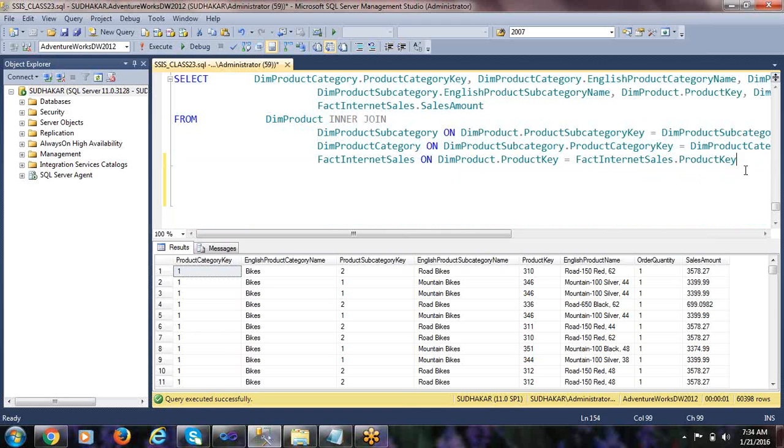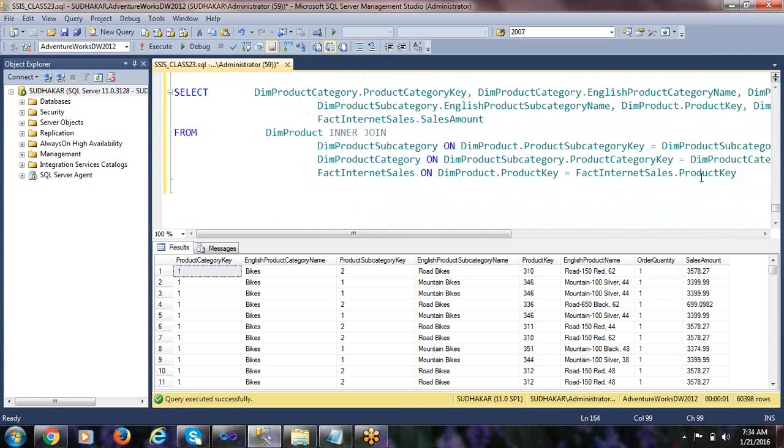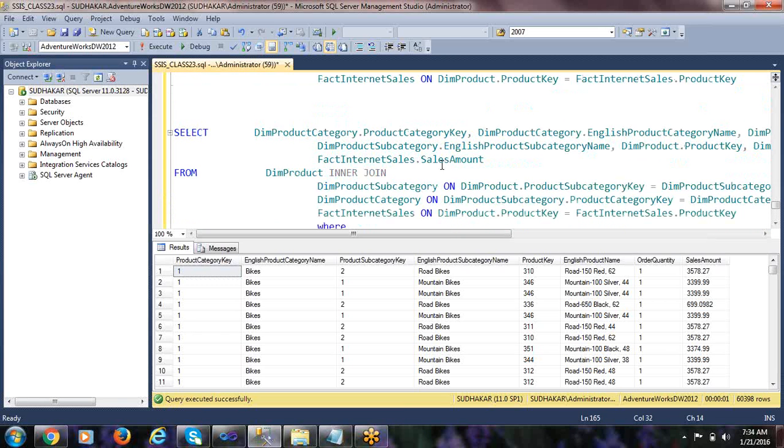Now what I want to do is apply a where condition on this particular query. Let me take a copy, and here I will apply the where condition. I want to get only product category key 1 data, that means only bikes data. This is your product category key, right?